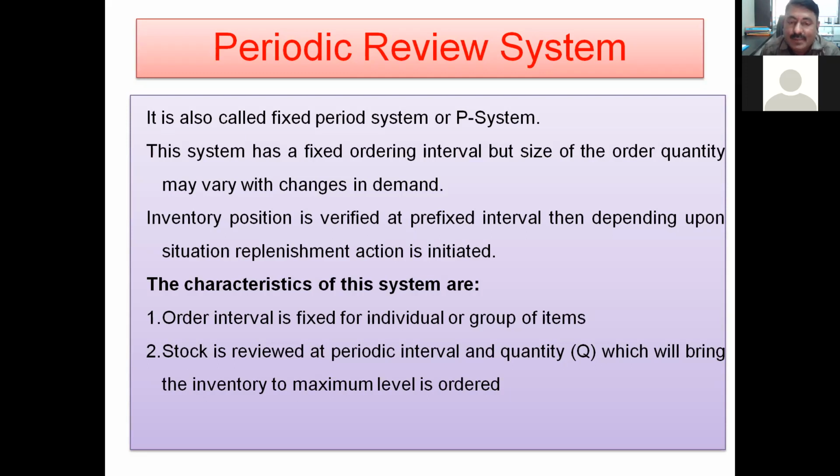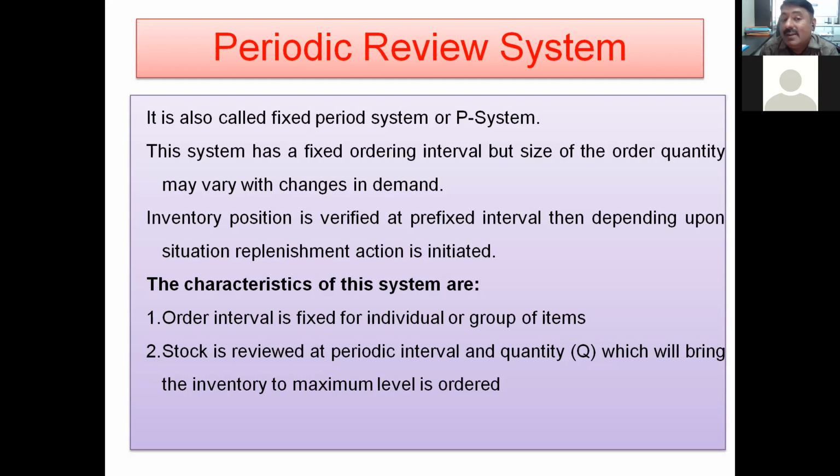500 more. In the next month, again after 1 month, 500 are available, and we have given the order of 500, and now it will again become 1000. Again in the next month, the tips are utilized. Again you will take the review, and you will come to know that 400 are available in stock, meaning 600 were utilized. So the time interval is fixed at 1 month, but next month, in order to make the quantity full to the maximum level, that is 1000, 400 is available as stock.